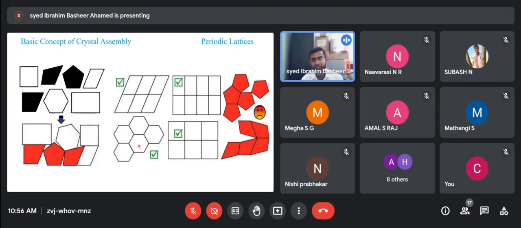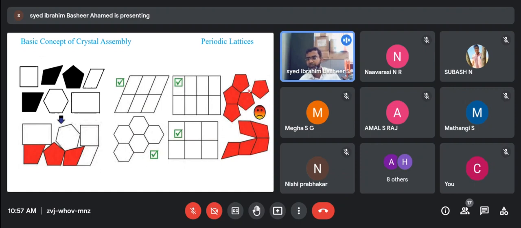So even in a hexagonal system, the crystal can be packed, right? When you form a hexagonal system, you can see there is no gap between adjacent molecules. But in 5-fold symmetry, here you can see, right? One unit is there, another unit is there, fine, a third unit is there. The fourth unit, you will not be able to fit in here, right? In any orientation you place it, there will be a gap. Here also there will be a gap, right?